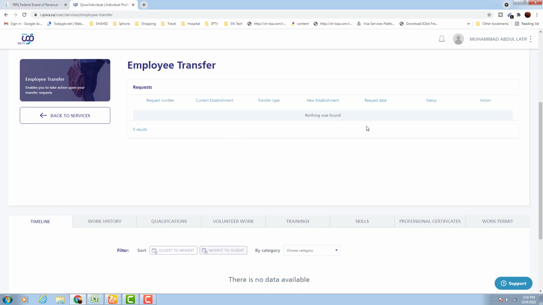So you will have the request number, and everything detailed from the other company. You need to accept. If your Iqama is expired, then immediately you will get transferred from your current company to the other company. So in this case you don't need to get any approval from your company if your Iqama is expired. I think you have understood.